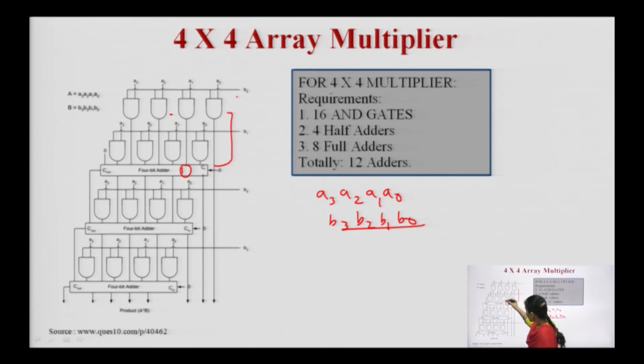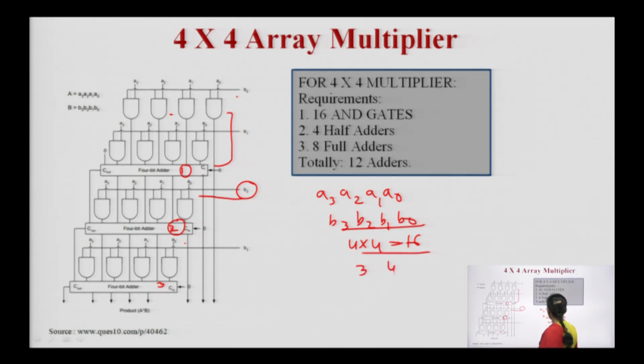Then whatever output I am getting from the adder is again given as the first input, and as the second input all the A's are multiplied with B2, and here all the A bits are multiplied with B3 and given to the third 4-bit adder. So, here I will be using 4 cross 4, 16 AND gates and 3 4-bit adders